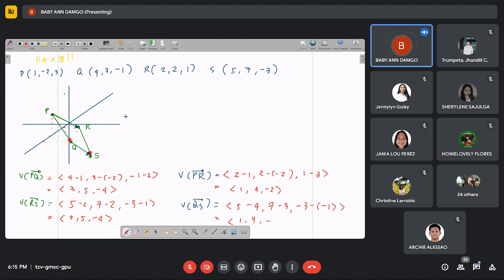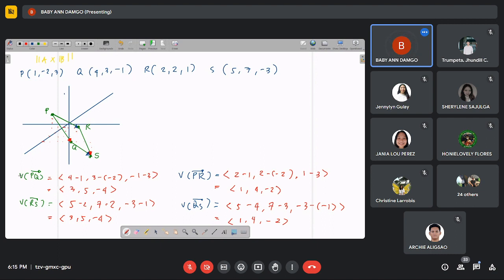Okay, so this is minus 2. So remember, two vectors are parallel if one is a scalar multiple of the other. If you check, they are equal, meaning the scalar here is 1. Okay? So from this point, we can